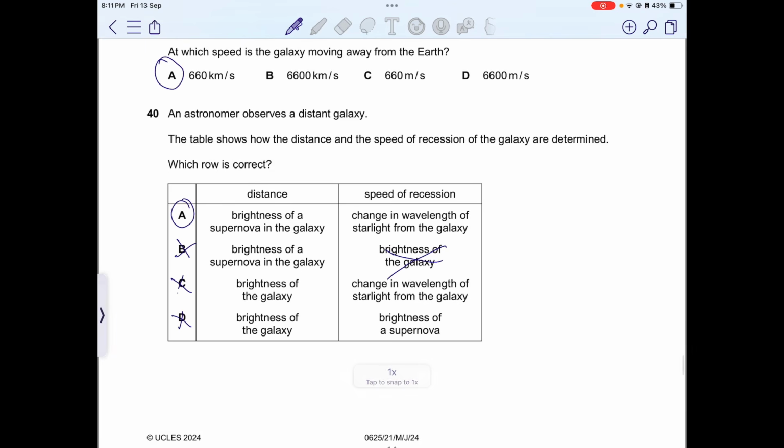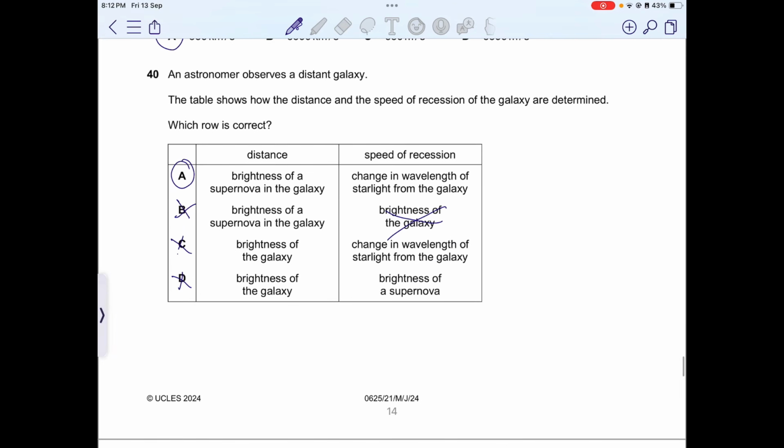Alright, so this is the end of the paper. For the last question, again I would repeat that the change in wavelength is just the redshift that you get, which is part of this topic. The brightness of a supernova is not covered in depth in the syllabus, but it often comes up in MCQs. There's a last part in the textbook which you can read for this. And for the speed of recession, it's being redshifted because it's moving away, just like in the Doppler effect.